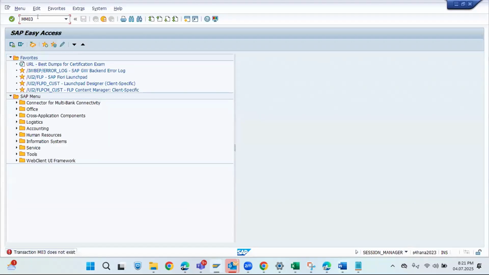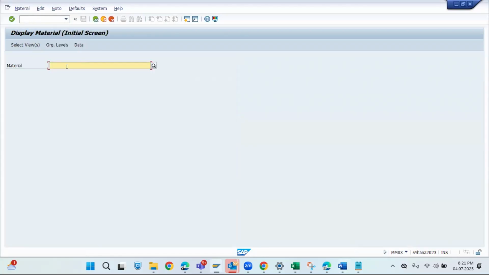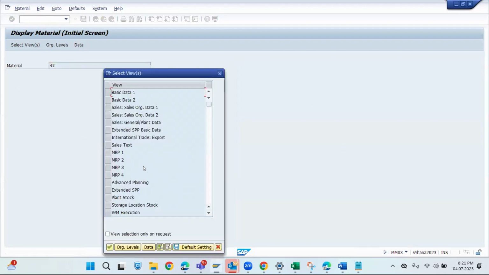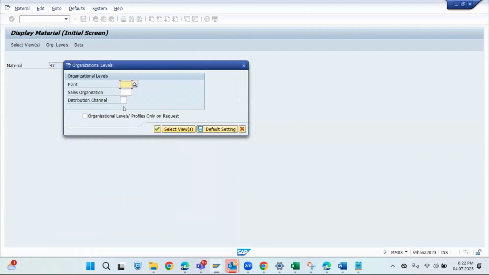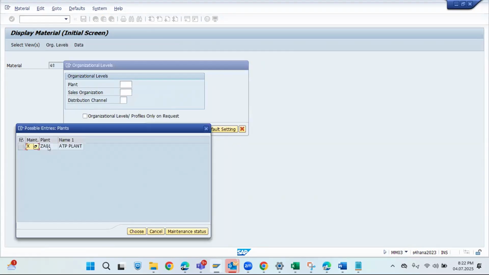Here, the material which is already created, that we can see using the transaction code MM03. Suppose we have a material, as I know, 48 material is created here. So here you can see the fields which fall under the material master, basic data 1, 2. So here you can see three tabs of sales. Under this field, we need to understand